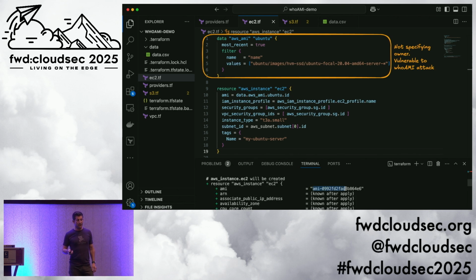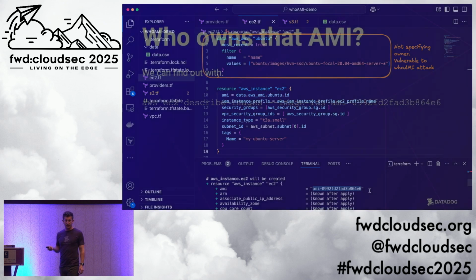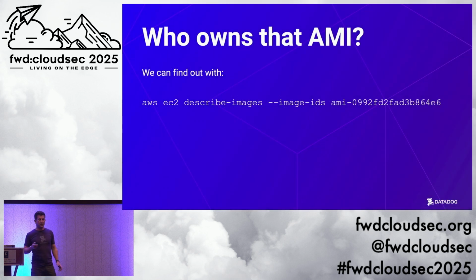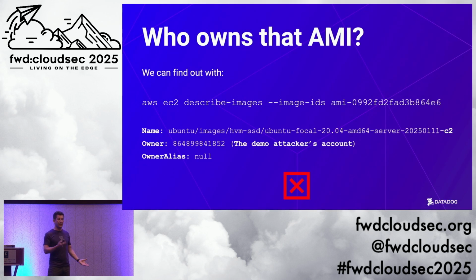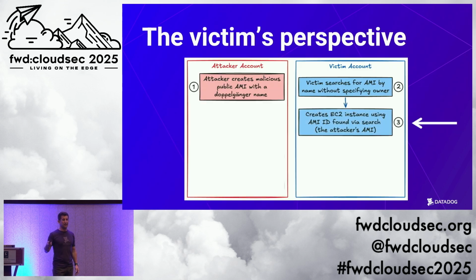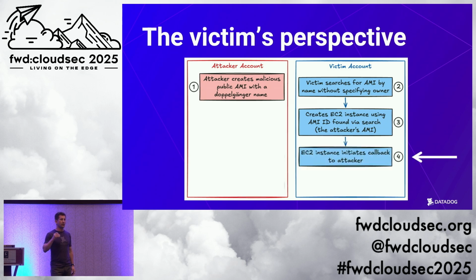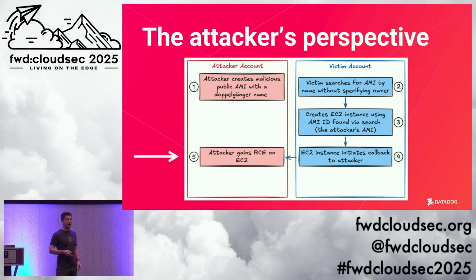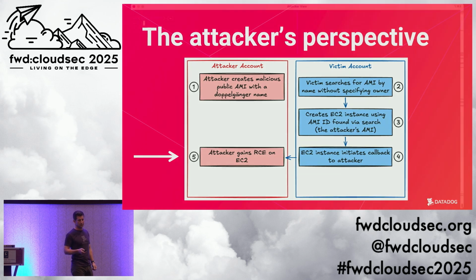So right here, the AMI is different, and we're going to do a describe images call again. And if this thing worked, this AMI ID is going to be associated with the attacker's account, and look, it is. So at this point, I knew in two accounts that I control, right? In my victim account, I pulled the AMI from the attacker account. Now, because it has a command and control callback built into it that's going to execute its startup, as soon as the user hits approve or says yes to the Terraform apply, that instance is going to get created. It's going to phone home back to the attacker's infrastructure, and the attacker can have remote code execution on that instance in the victim account.